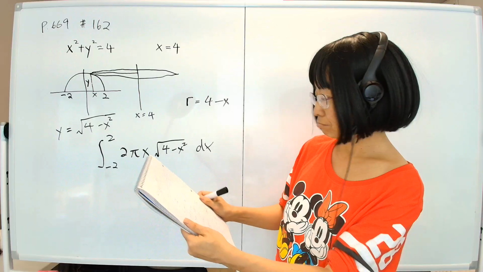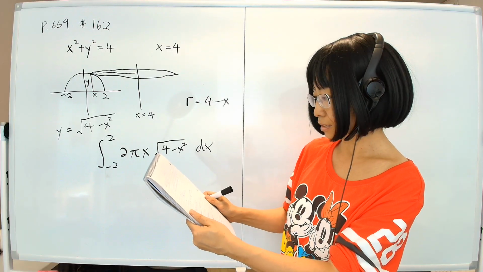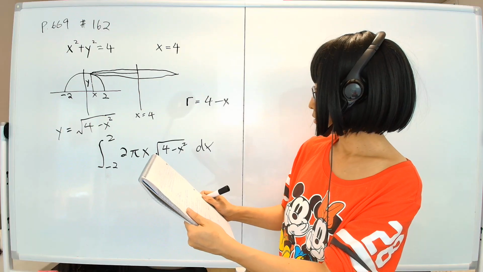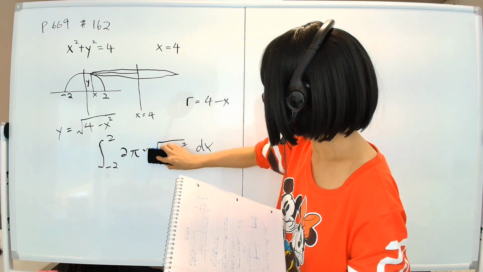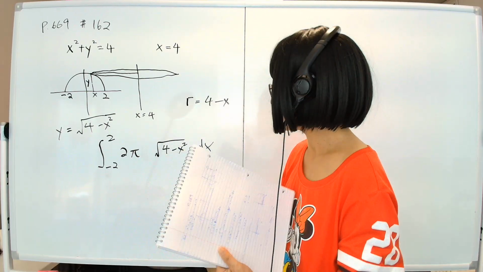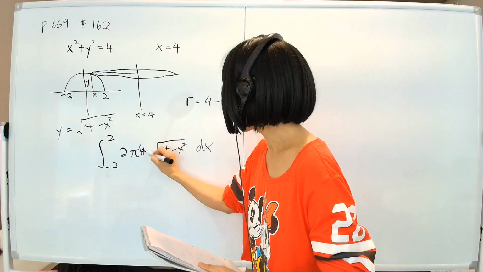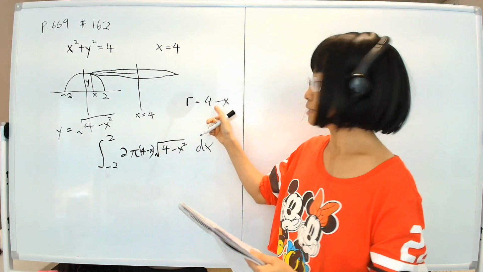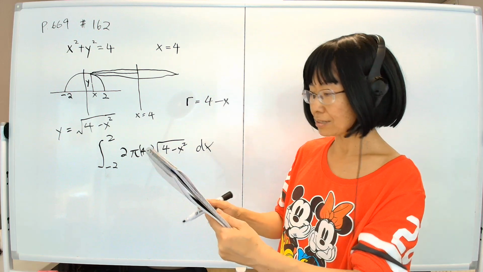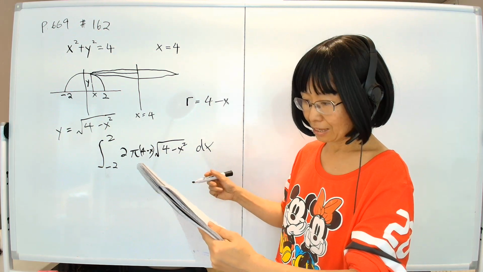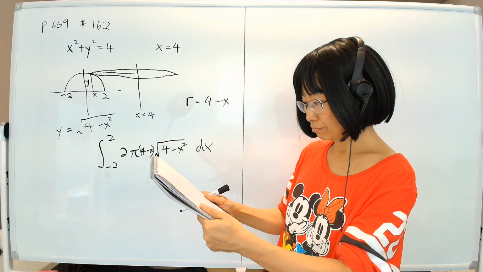So that's about it. 2 pi, right? Let me double check. Radius, I said radius is 4 minus x. See, it's important to double check, because sometimes I forget what I was talking about. This should be 4 minus x, because I said right here, radius is 4 minus x. So it's 2 pi times 4 minus x times the square root of x squared, and yeah, okay, that's all good. That equals to